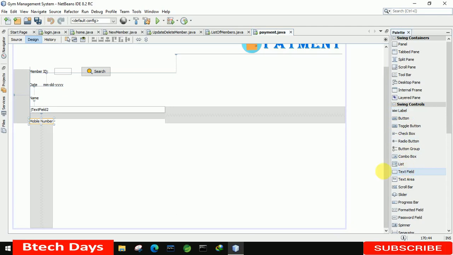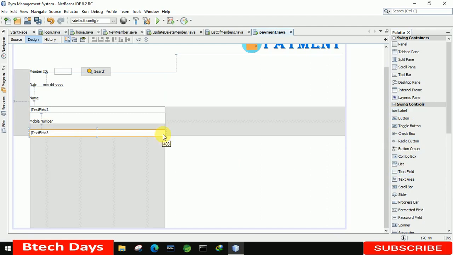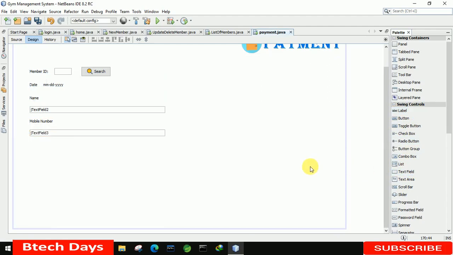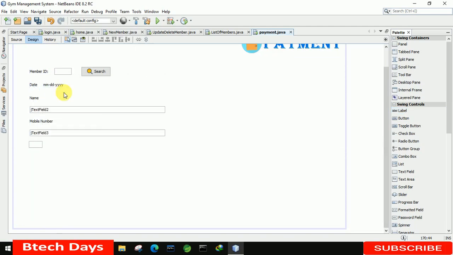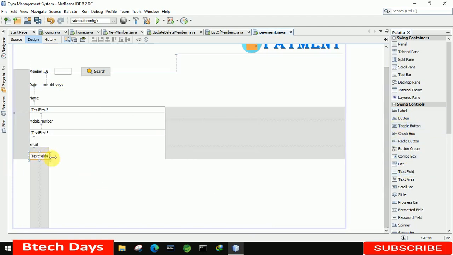After that, we also need a text field here to display it. Let's place it here. Let me increase it to 408. After that, next for the email address. Okay, email. Let's insert a text field. Let's increase the size to 408.